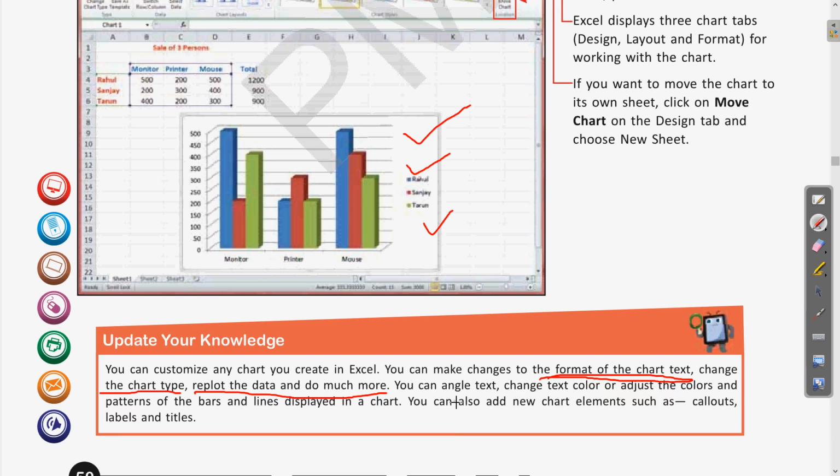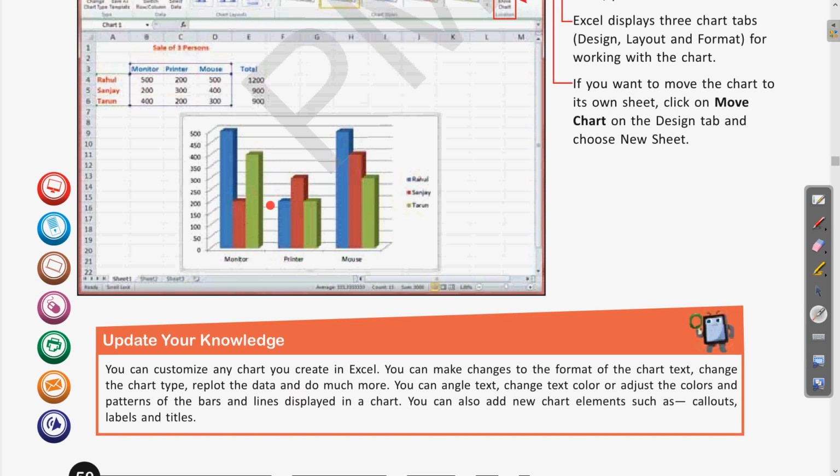Okay, you can angle text, change text color and adjust the colors. Let us erase this first. So you can angle text, change text color or adjust the colors and patterns of the bars and the lines displayed in a chart. Here you can see the different data values which are present in this chart.